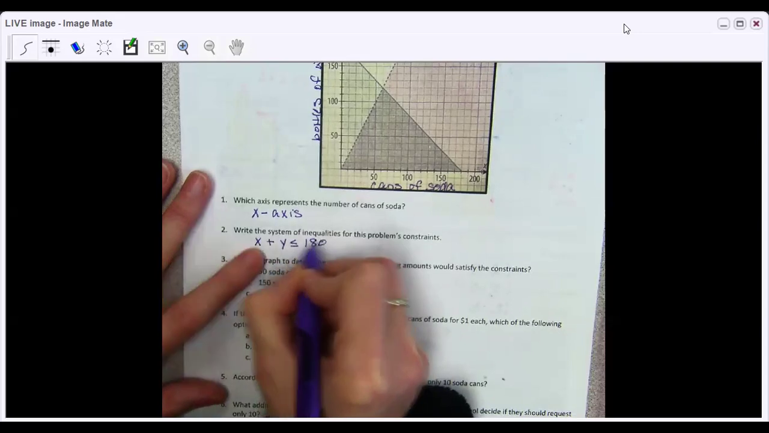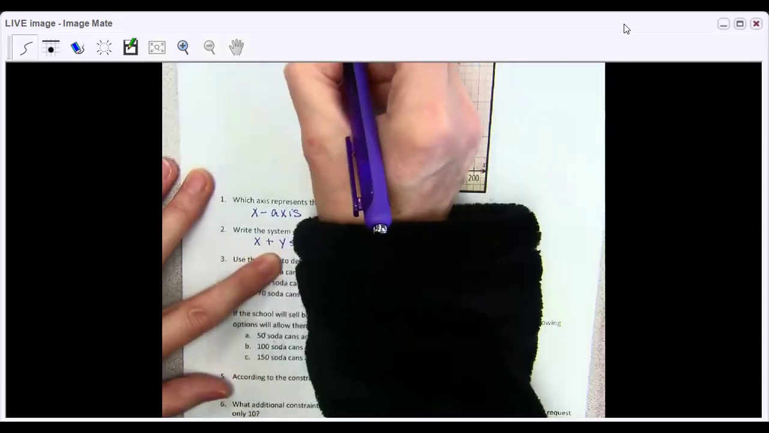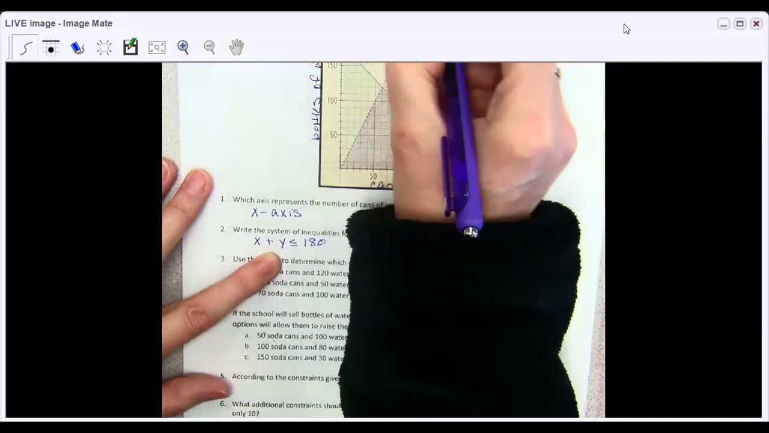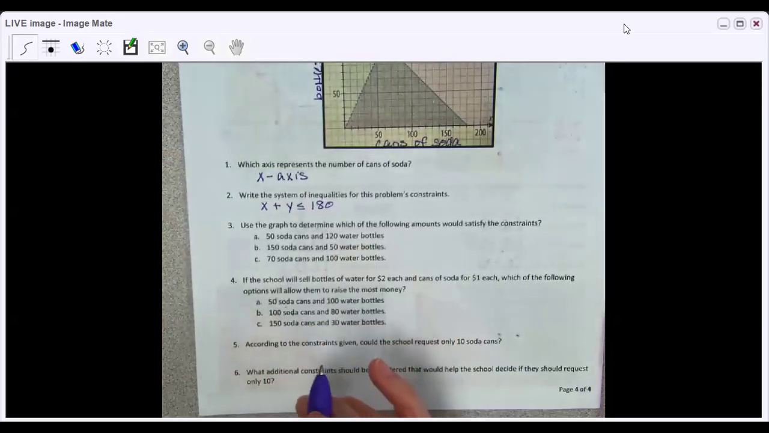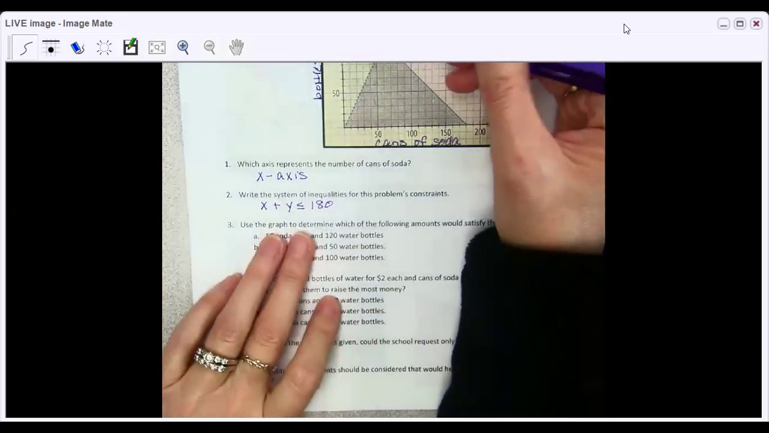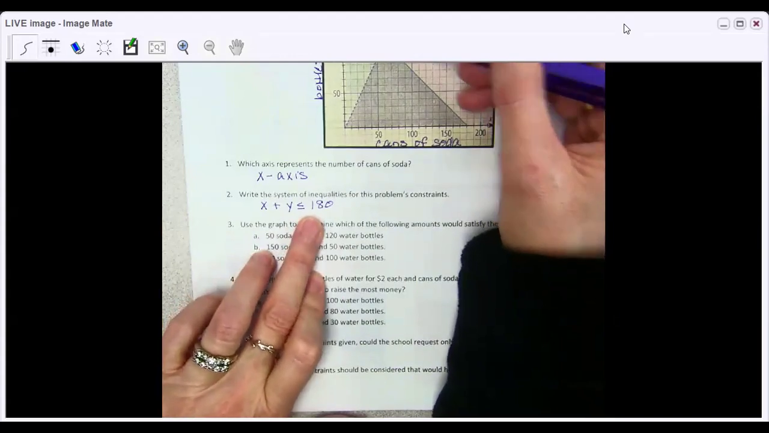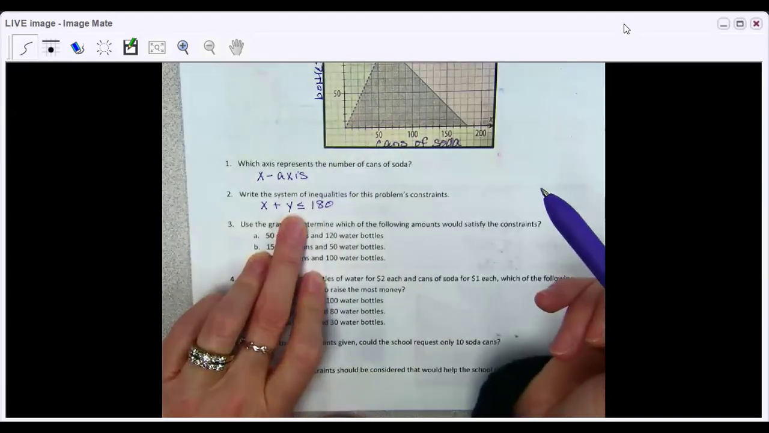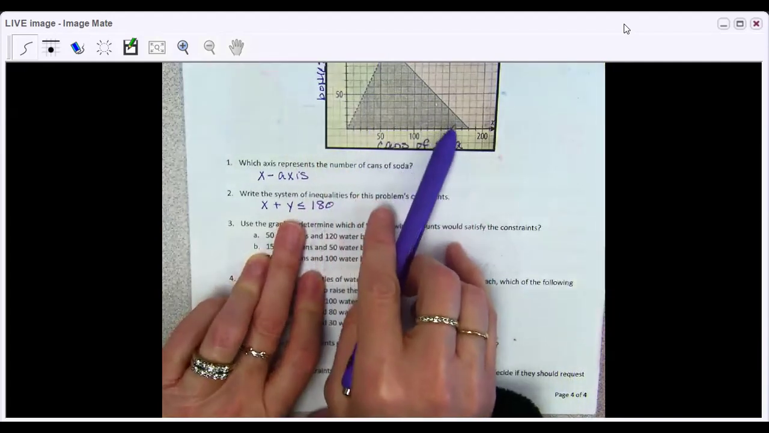Yep, cans of soda, which is X, plus bottles of water, which is Y. It tells us that up here it has to be less than or equal to 180 because that's as much as they can store. So that would be this line right here, because the y-intercept is 180 and it's a solid line, less than or equal to, and it's going down by a